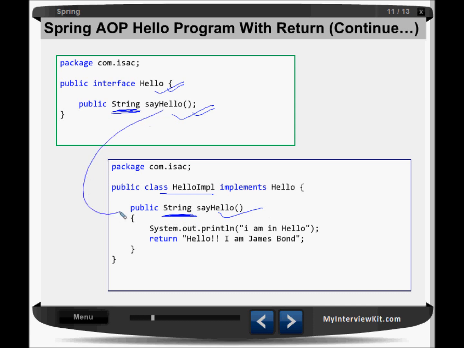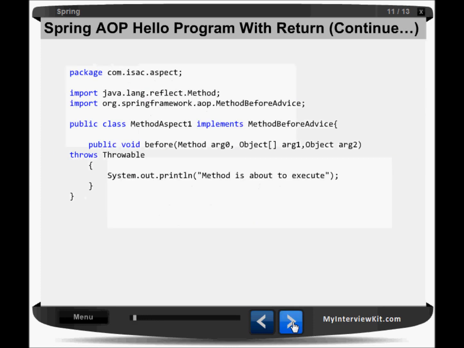And this method is having a return type, you can see here a String return type. So the same method we are overriding here, and this time we have just one message, and we are also saying return, right? So this return corresponds to this, right? So once we call the sayHello method, this message will print, and it will give me one statement, hello I am James Bond, right?